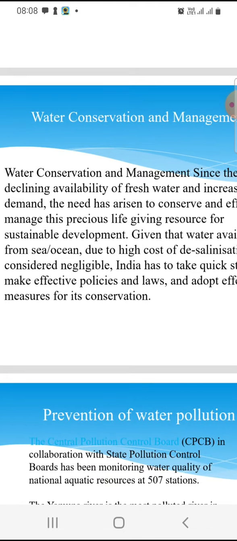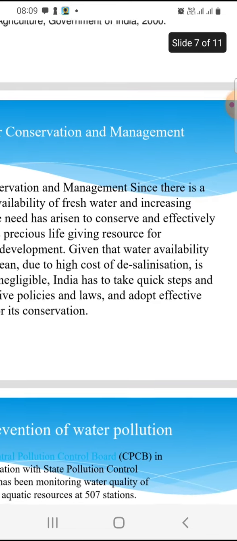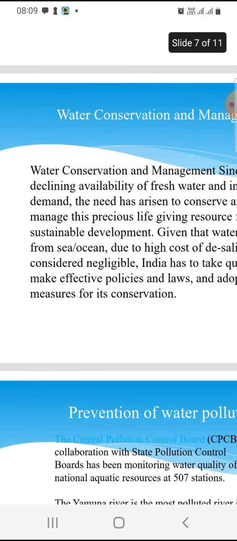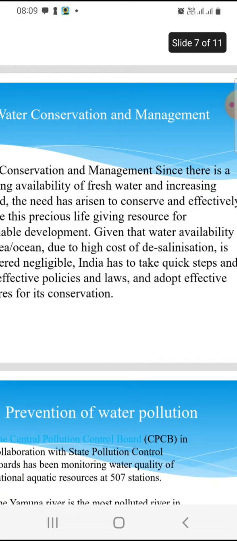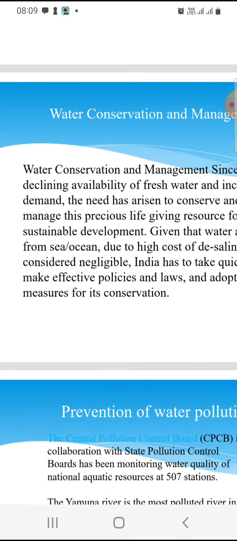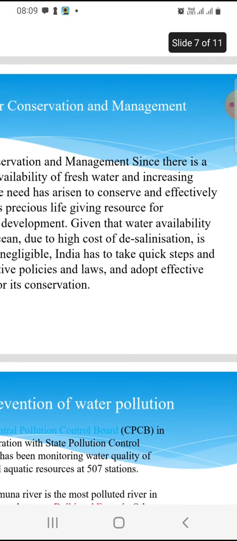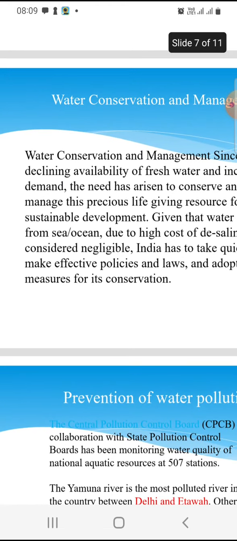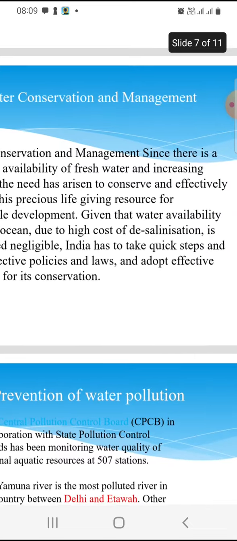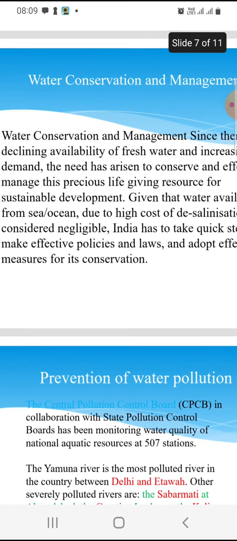Then, water conservation and management. Water is one of the most important resources, a life giver, so we need proper management. There is a decline in the availability of fresh water and an increasing demand, so the need has risen to conserve and effectively manage this precious life-giving resource for sustainable development.